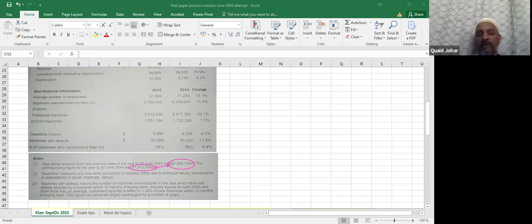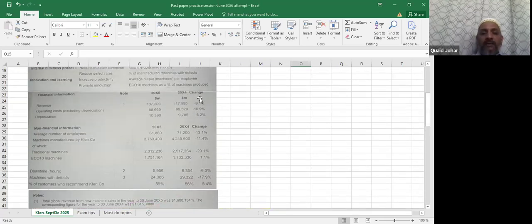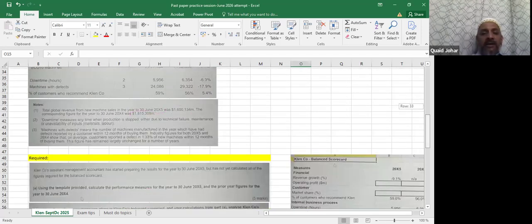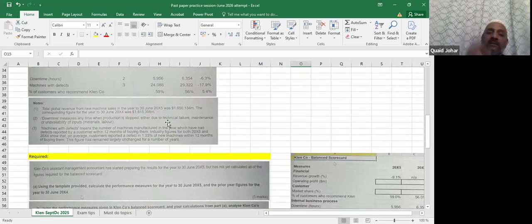तो क्लेन की सेल्स तो कम हुई है लेकिन जो इंडस्ट्री वाइज सेल्स है सेम सिमिलर प्रोडक्ट्स बेचने वालों की वो भी कम हुई है। और अगर आप परसेंटेज वाइज नोट करेंगे तो जो इंडस्ट्री वाइज सेल्स कम हुई है उसका परसेंटेज ज्यादा है, क्लेन की इतनी सेल्स ड्रॉप नहीं हुई है। क्लेन का जो डिक्लाइन है वो टेबल में दिया हुआ है और क्लेन का डिक्लाइन 9.1% है जो आप यहाँ देख सकते हैं। और अगर आप इसका डिक्लाइन निकालेंगे तो डिक्लाइन कैसे निकालते हो परसेंटेज, जस्ट थिंक अबाउट कैसे डिक्लाइन निकलना चाहिए।